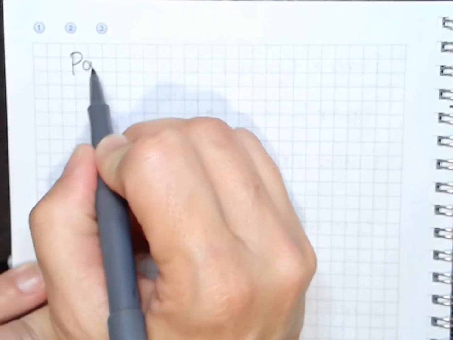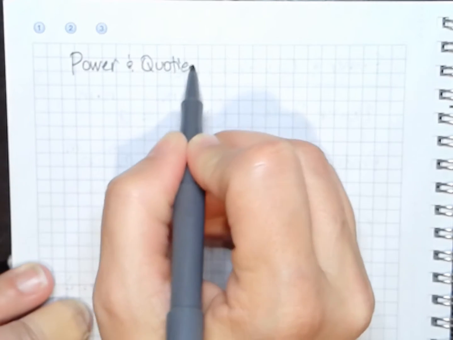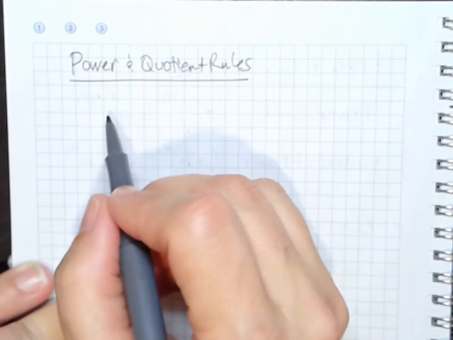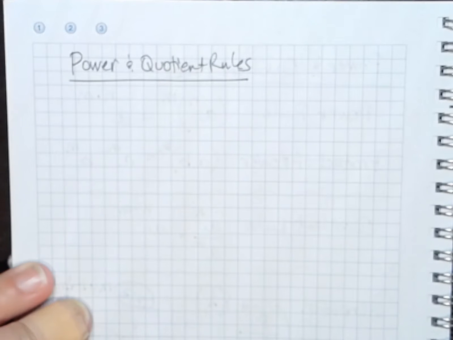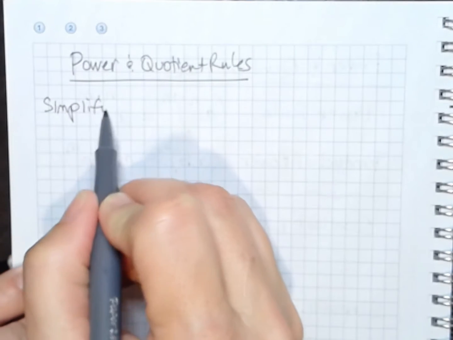Okay, more on the power and quotient rules. Sometimes whenever you look at these problems, you think, goodness, this looks super scary. But it's really not. So let's try this one. Simplify,